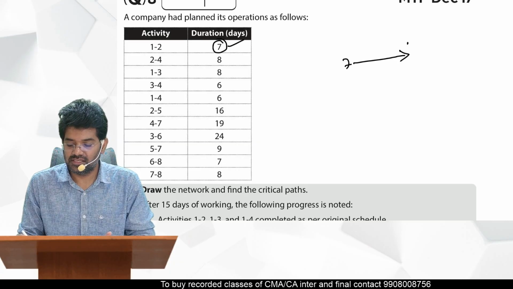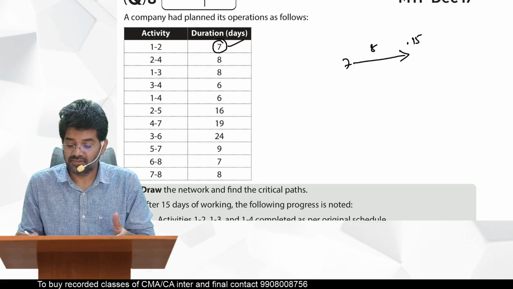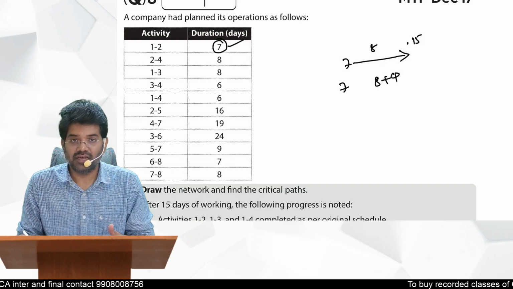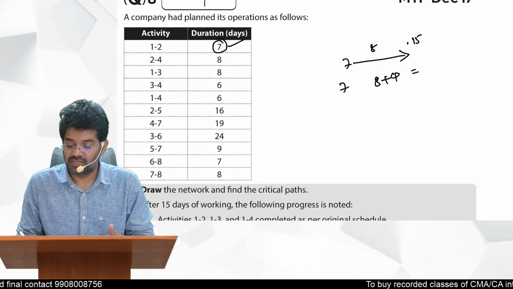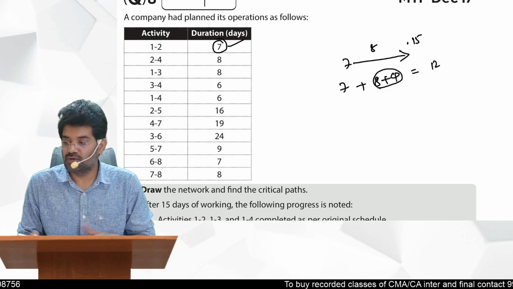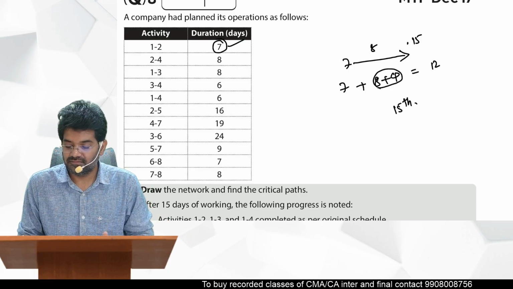15 means 8 days completed. Remaining how many are there? You started at 17, 15 days are over, so 8 days are over. They are saying extra 4 is required. Extra 4 is required. So that means 12 days is the revised duration, because already 7 plus 8 is equal to 15 exactly. So on 15th day,